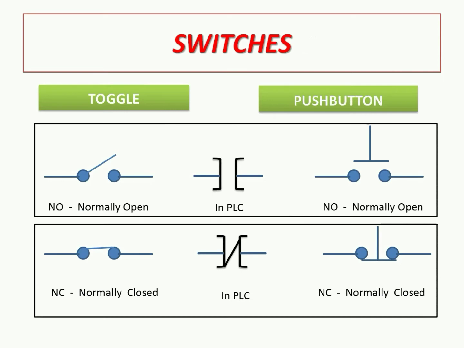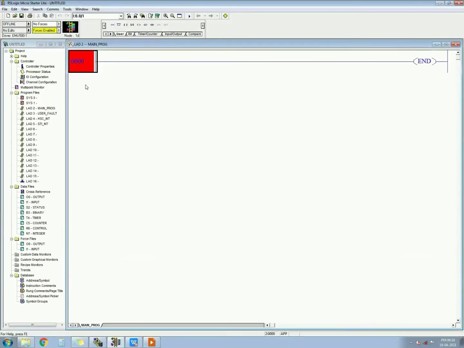First of all, let's learn something in our PLC. Here what we want to learn is latching. What is latching? Latching is basically to hold something. We can say it is latch, we can say it is hold. When you take an input, let's start with the software first, so you will understand this much better.